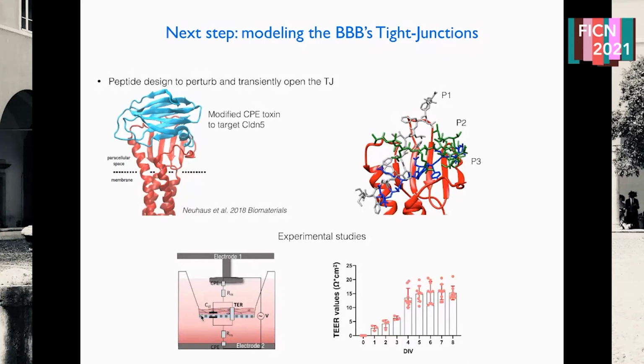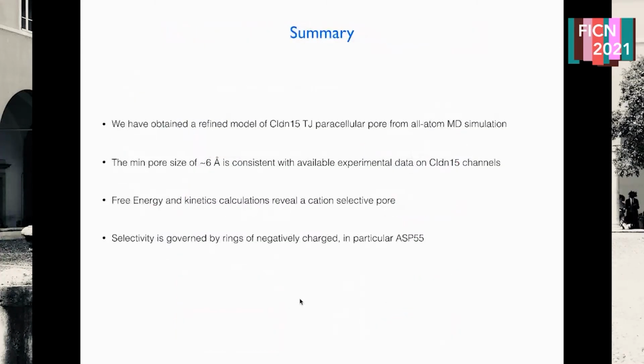They can grow barrier cells on a device that separates the two compartments, and then measure what is called the transepithelial electrical resistance in the different conditions, and in particular, it will be done in presence or in absence of these peptides. Now, these are just control simulations. So to summarize,